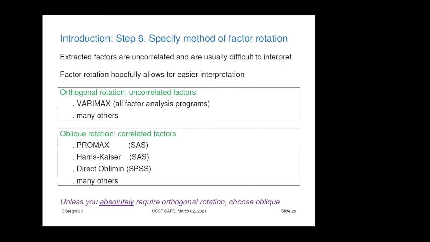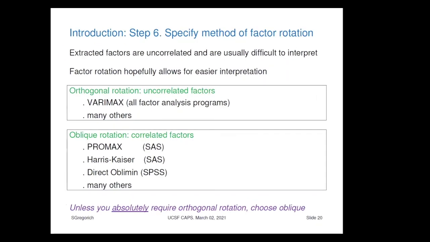There are orthogonal rotations, and within orthogonal rotation, the rotated factors that you come up with are all uncorrelated with each other. Varimax is probably the most popular one, and it's been around forever. But typically you don't expect your factors to be uncorrelated, and so it's introducing some model misspecification if you impose orthogonal factors. So it's usually better to